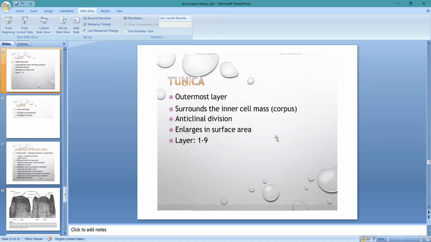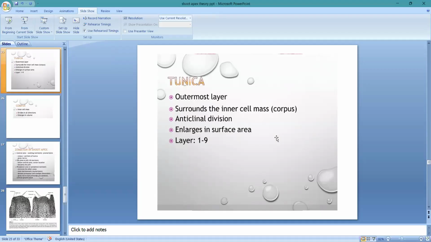Okay, the number of layers in tunica varies from species to species, and even in the same species during different stages of development. According to Schmidt and others, these variations are due to the plastochron periodicity. However, the term tunica is a somewhat restricted term as regards cell division, which is always anticlinal. Some workers suggested different terms to make it more flexible without emphasizing the plane of cell division.